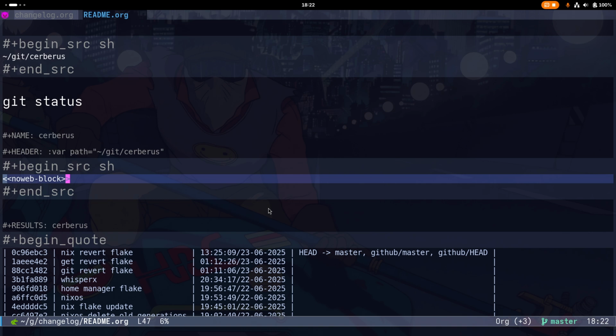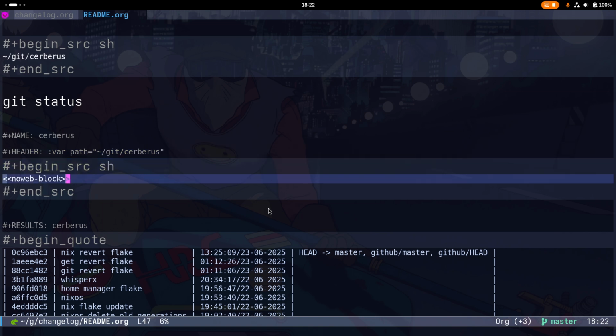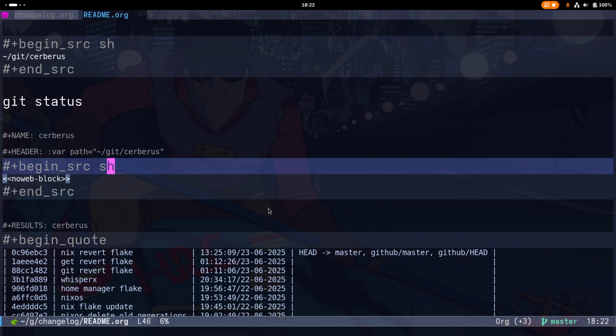And what you'll see down here is a noweb block. Okay, so what we got here is two things. We have a variable called path that is equal to the Git repository path, and then this noweb code block. So when I run this bit of code by running Control-C, Control-C,